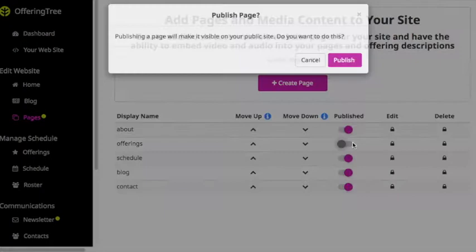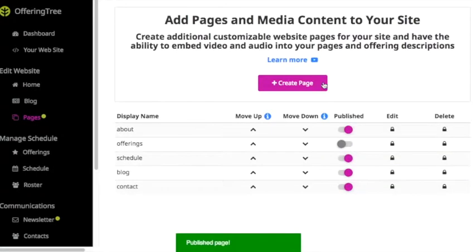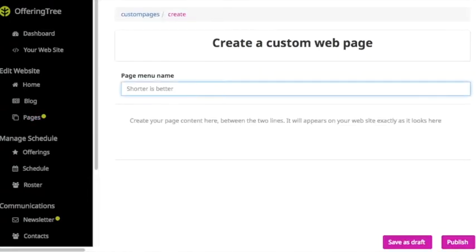You also now have the ability to create a new page, so you can create as many custom pages as you want, or personal web pages. So in this case, I'll go ahead and create a new page. Let's say I want to offer some resources to my clients or students, so I'll call this Page Menu Resources,